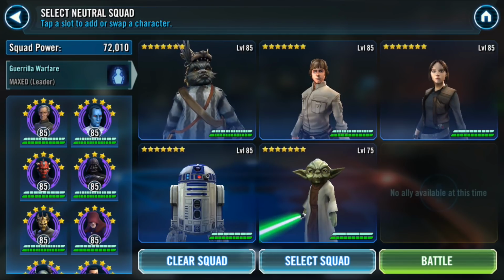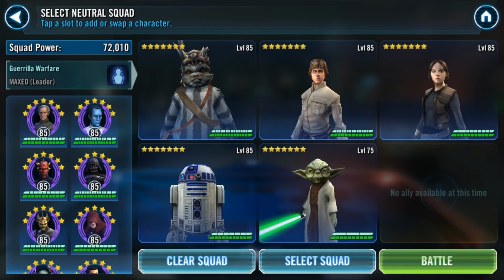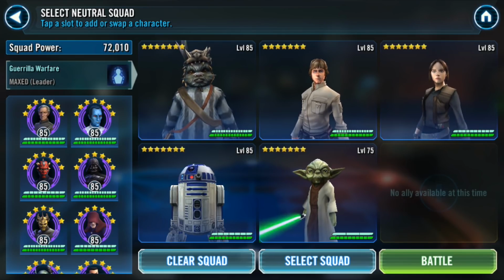And then Hermit Yoda, how does he actually work with this team? Well, the master training buff gives potency, and that's what you're looking for. You're looking for high potency to make sure that you pass the potency tenacity check of the Rancor, so you're going to reduce turn meter. And then on top of that, the master training